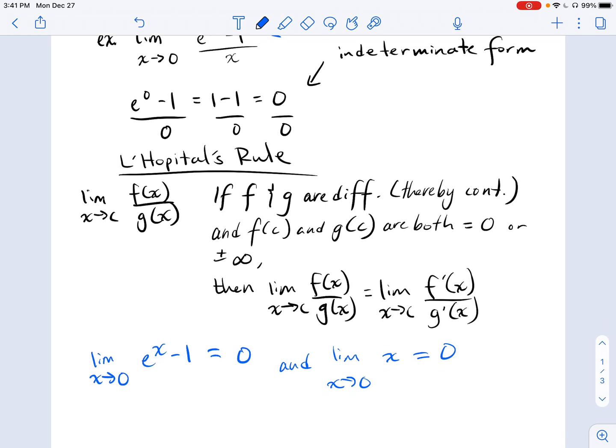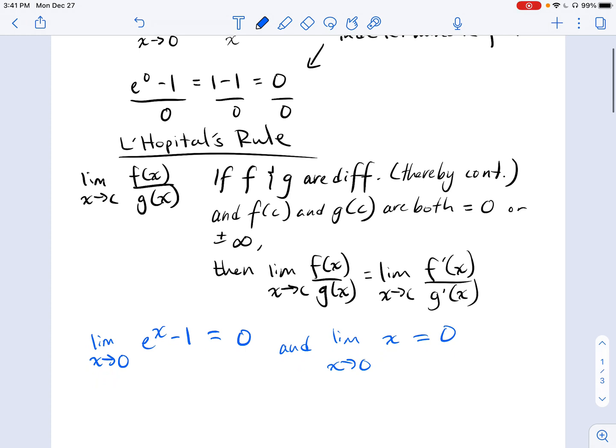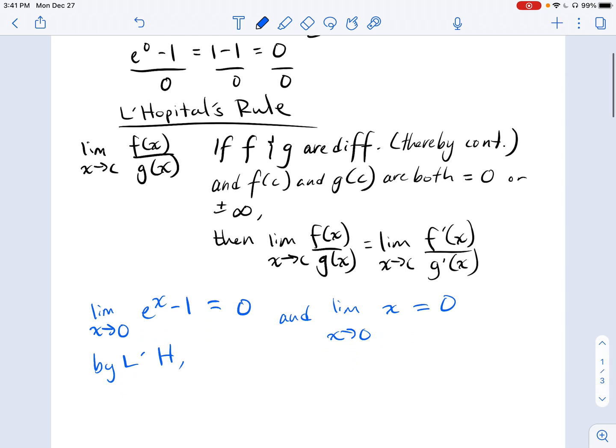And since f and g are both differentiable and thereby continuous, then by L'Hopital's rule, which I'll abbreviate as LH, the limit as x approaches 0 of e to the x minus 1 over x, our original limit statement, is equal to this limit